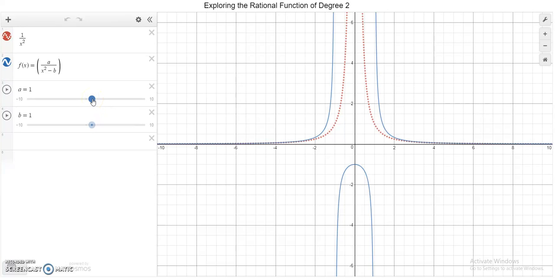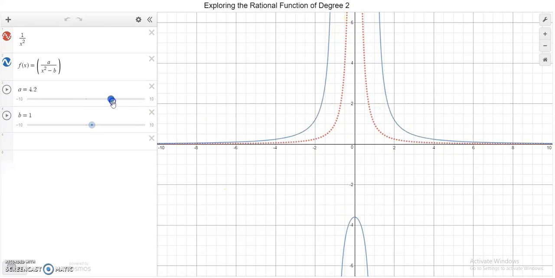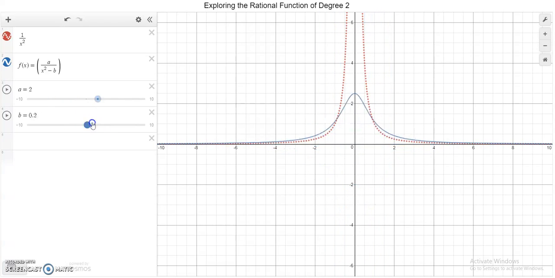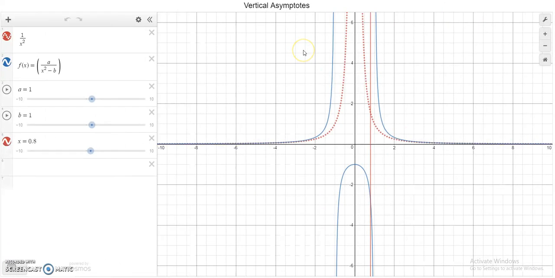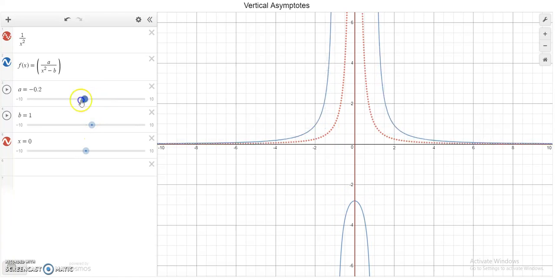So now we're going to look at the 1 over x squared. So we have the parent function in here again, just to see what it looks like. And we can change our sliders. So the vertical asymptote, I have it right down the middle pretty much at 0. So we can tell that that's not a vertical asymptote there. You can move it over. Can't really get it right here, but if we move A, then